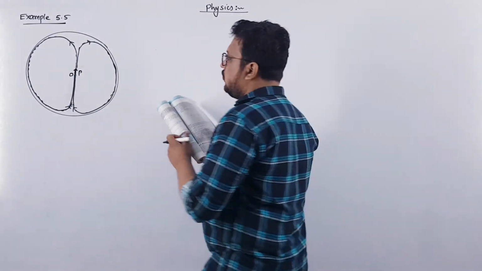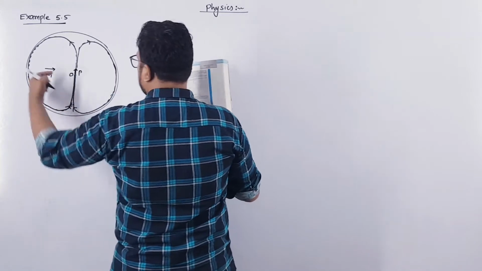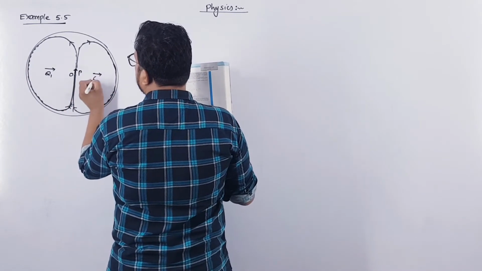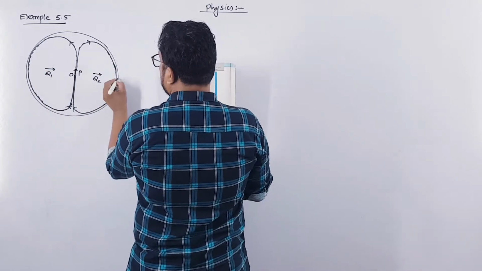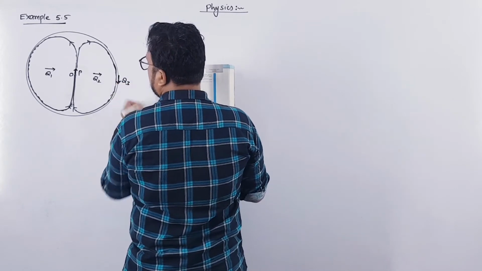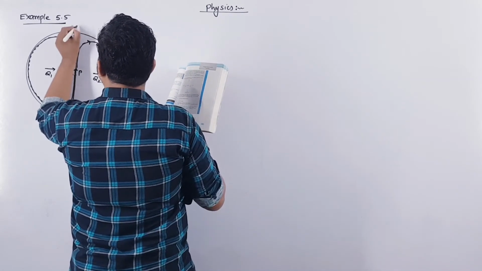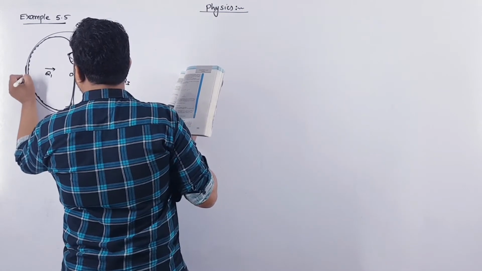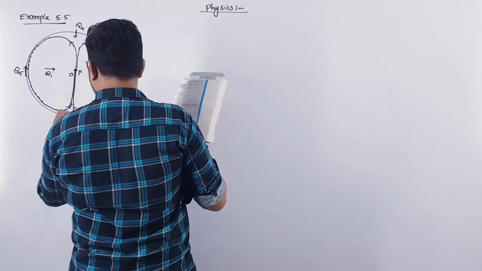Now here we have one magnetic needle Q1 whose magnetic dipole moment is in this direction. Here we have another needle Q2 and its magnetic moment is also in this direction. Then here we have the third needle Q3. Then somewhere over here we have Q4. Here we have Q5 and here we have Q6.